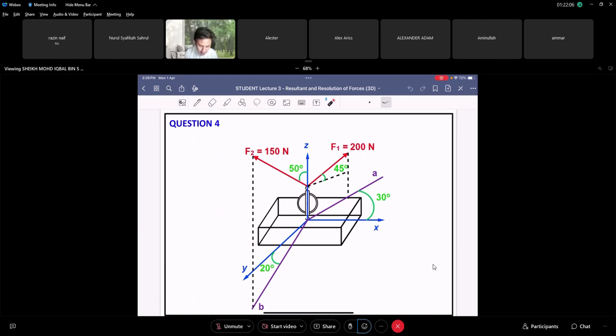So AB here is on the XY plane, but these two forces are not on the XY plane, right? So what we need to do is resolve F1 and F2 first. We need to resolve F1 and F2 to get this one here. And after we get the force here, we can resolve it further so that it is on the XY plane,